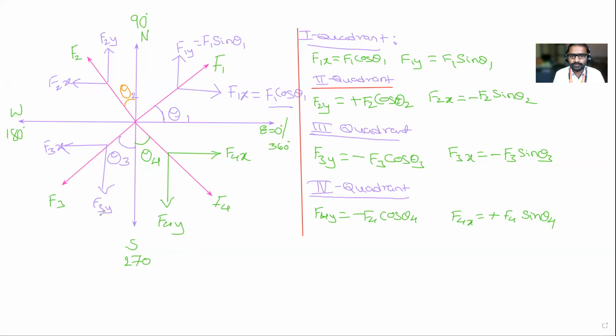F1x, F1y, F2x, F2y. Okay. All of you write this one, so you do not get confused anywhere. If the problem gives the angle along horizontal, then the horizontal component is x. If it gives the angle along vertical, then the vertical component is x. The plus and minus signs stay as they are. If it is moving right side and upward, it is plus. If it is moving left side and downward, it is minus.